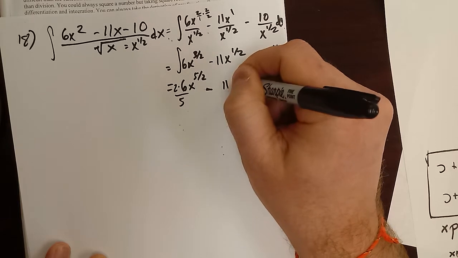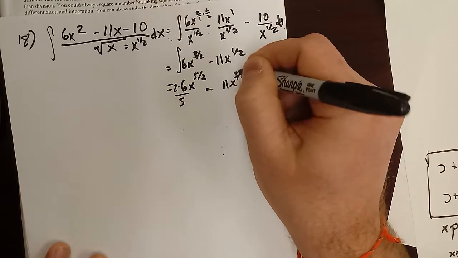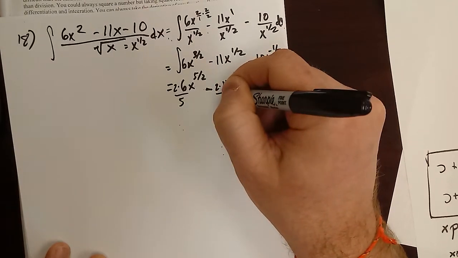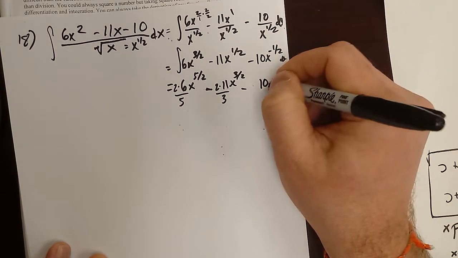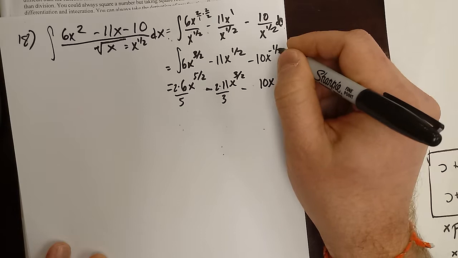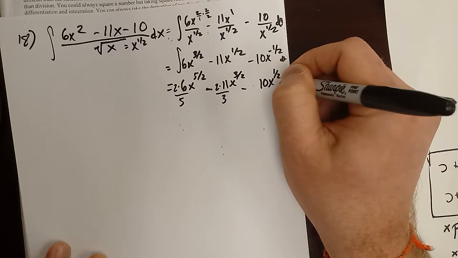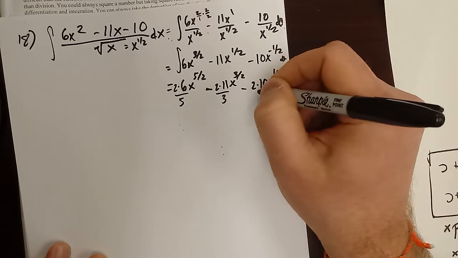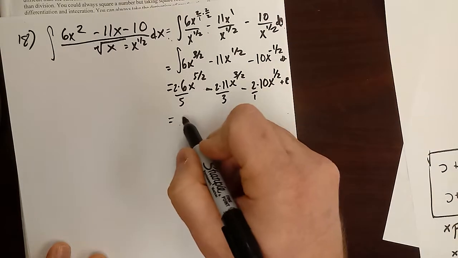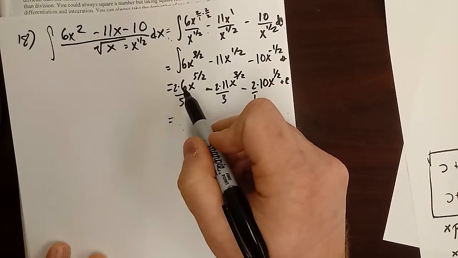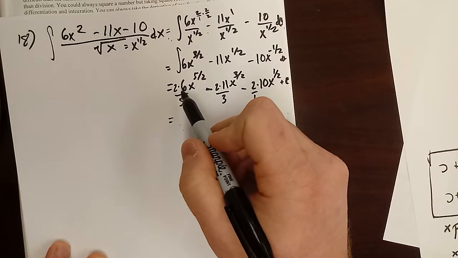Same thing here, 11x to the 3 halves. Instead of dividing by 3 halves, we can multiply by its reciprocal. And then next, add 1 to that, we get 1/2, multiply by 2 over 1, plus c. So here I'll get, oh, I was going to say 2 times 6 is 10, and then it